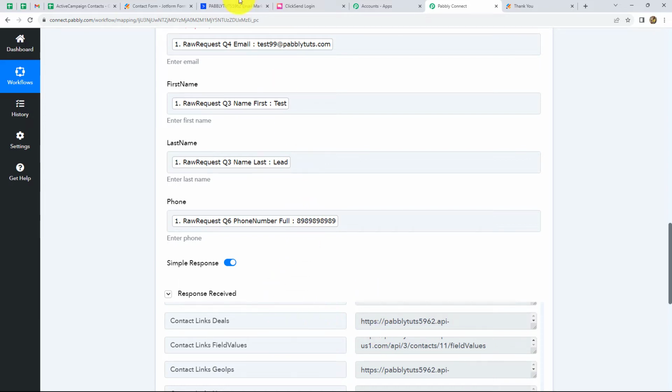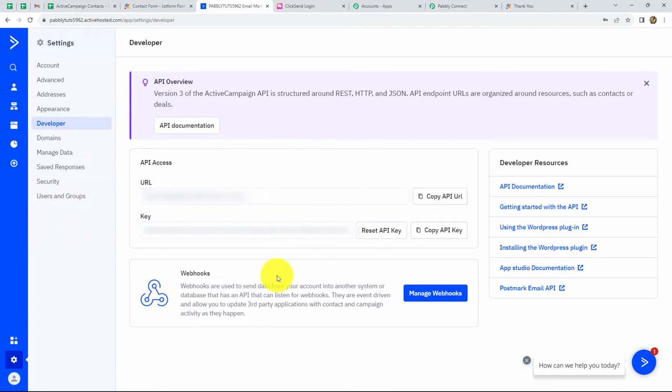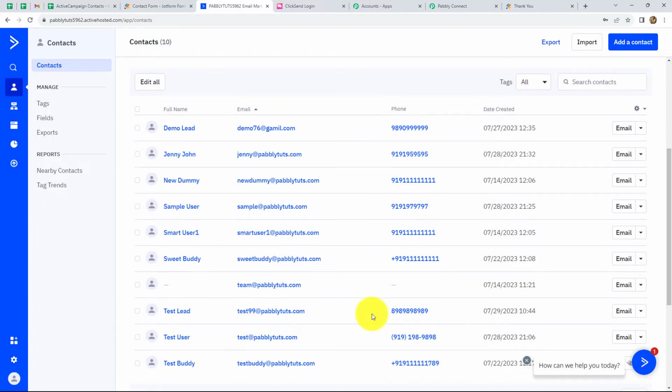Let's go and check there. So here on the ActiveCampaign account, we have to go to the contact section, and here we can find that a new contact is created over here with the same details which we have entered in our form. So let's move on to the next step, which is adding these details in our Google Sheet in the form